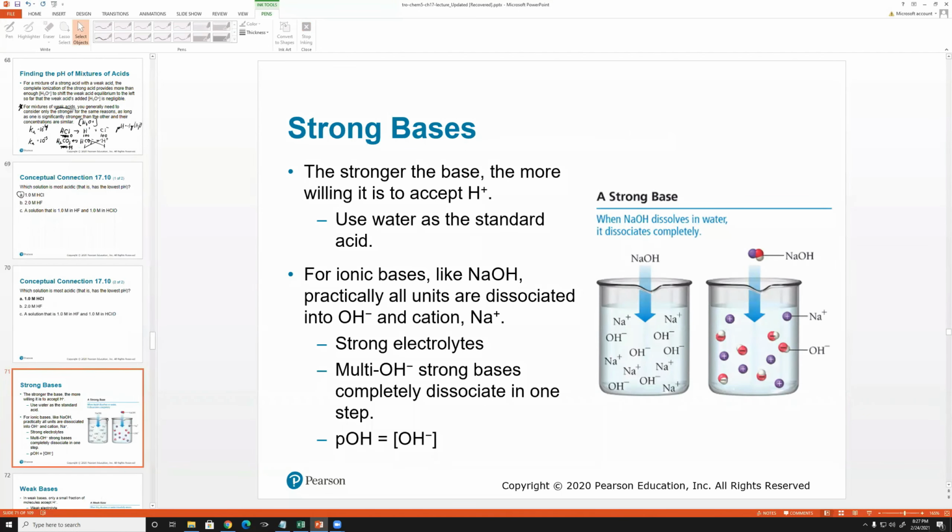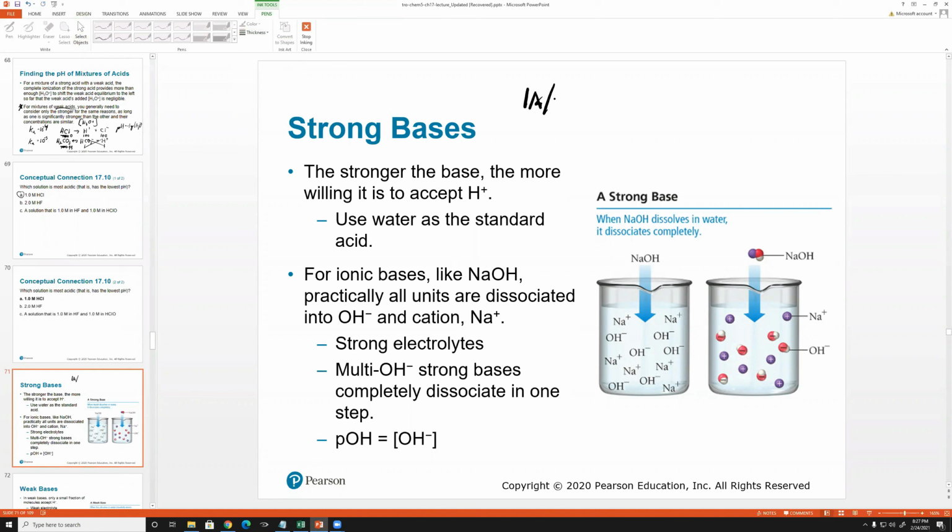All right, now strong bases. So bases are the opposite of acids, right? Where for acids we use H plus dissociation as a way of measuring the acidity. For bases, we use OH minus as a way of determining its basicity. So we know that bases like to accept hydrogen and they want to get rid of their OHs. For strong bases, there's no HCl, HBr, HI list, but what we want to know is that they're